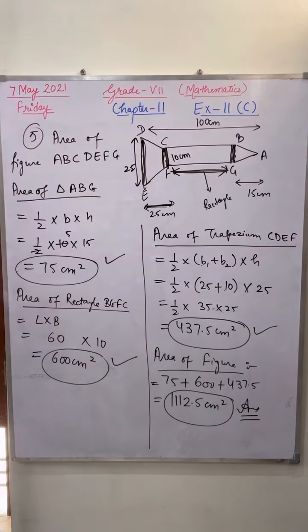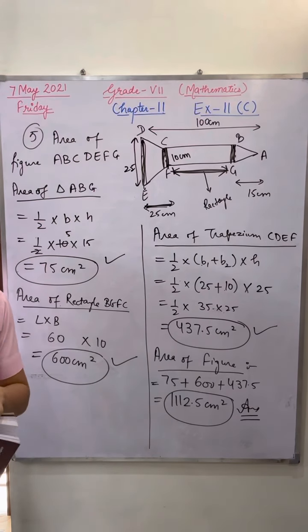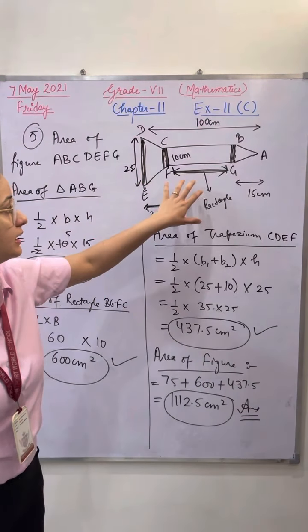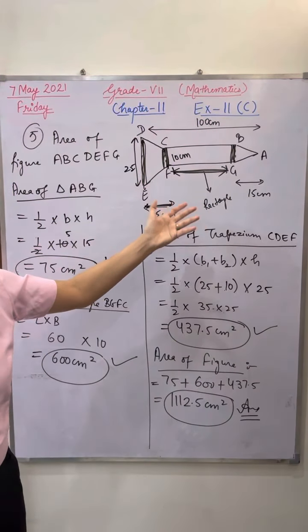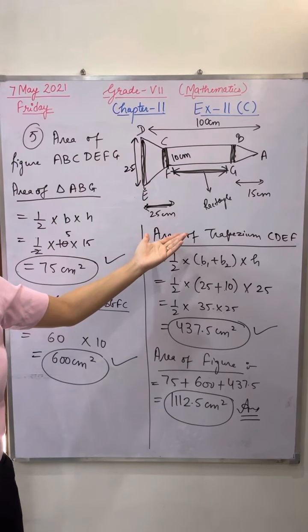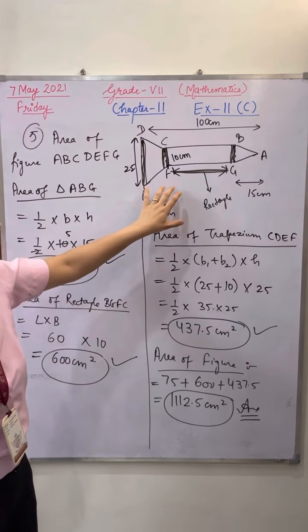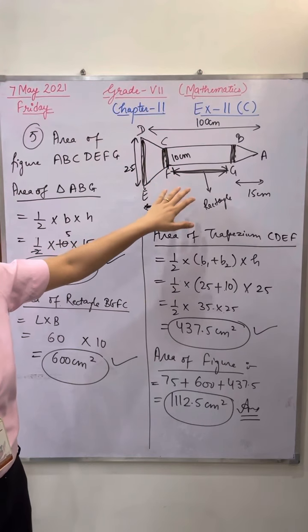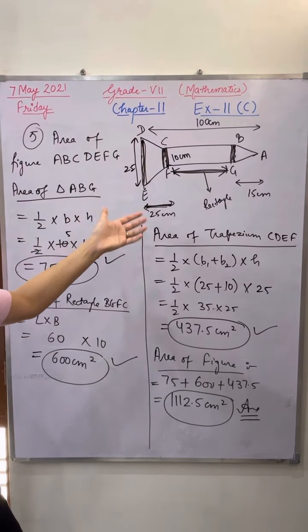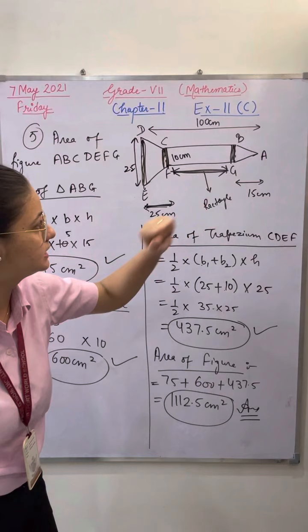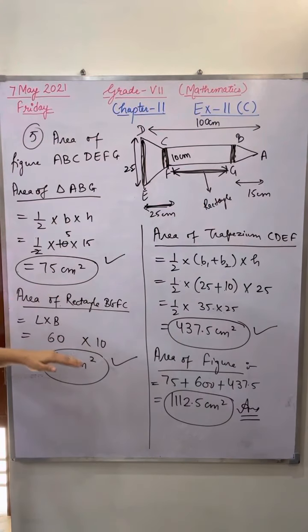Any doubt in this question? Chaitanya, right? Any doubt in this question? Sometimes students get confused by looking at the figure, that this figure is very complicated. They leave the questions in the paper. But if they are saying to find out the area of this shape, you can split the shape into different parts and take out the areas one by one and you will get the answer.